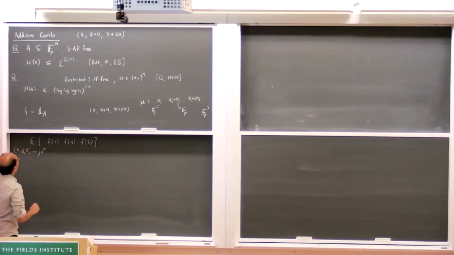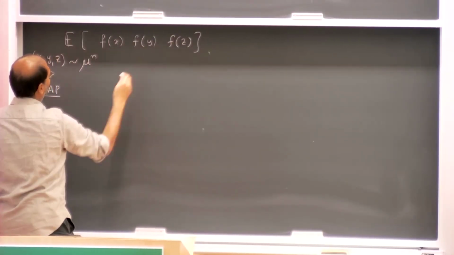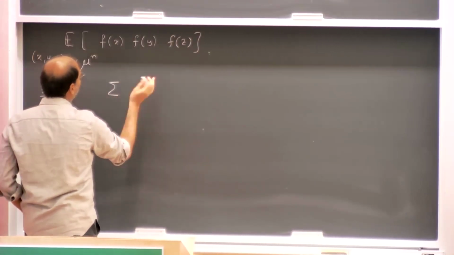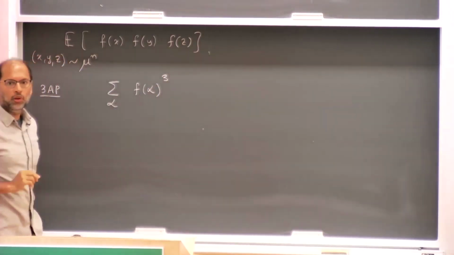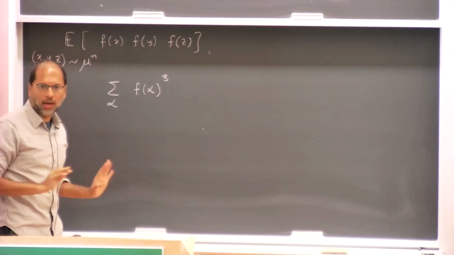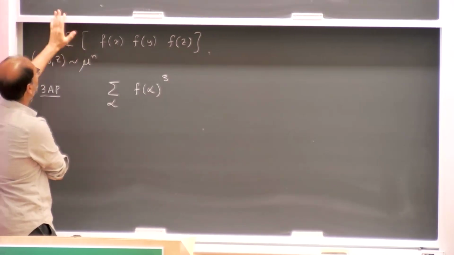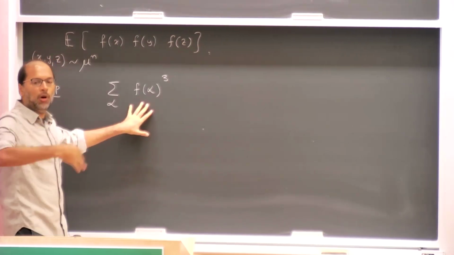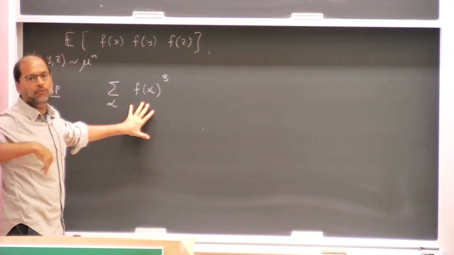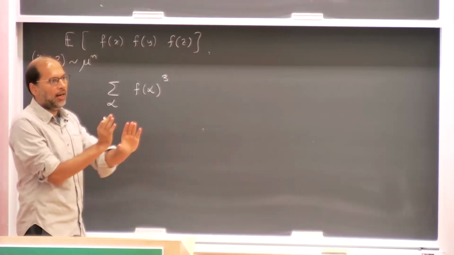And in this case, just the 3 AP question, the standard 3 AP question, it turns out this expression has a nice Fourier analytic form. So roughly speaking, it's something like this: the sum of cubes of Fourier coefficients. Okay, so let's not get into technicalities. If the set is 3 AP free, then it immediately implies that the sum of the third powers of Fourier coefficients has to be large. Which means that there must be one Fourier coefficient which is large.